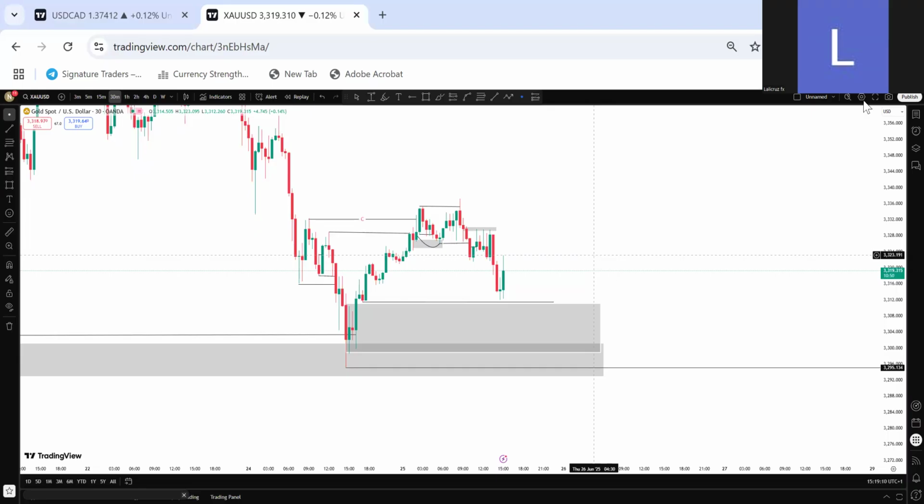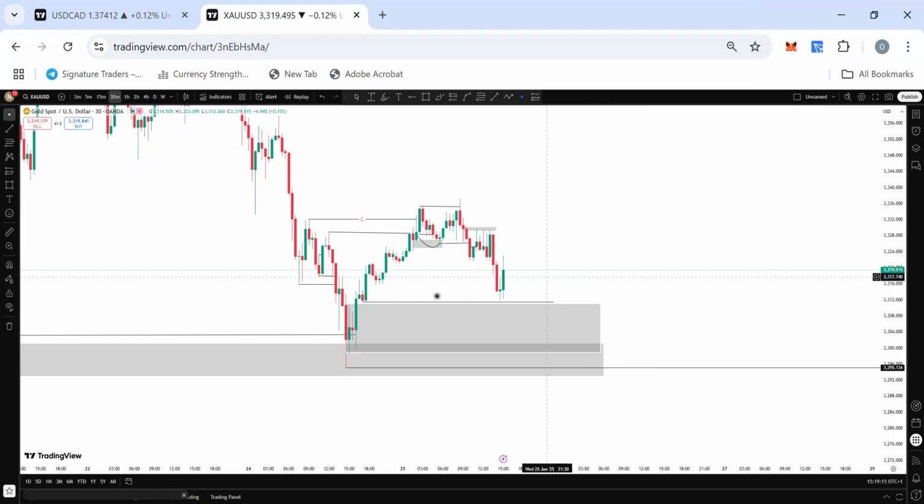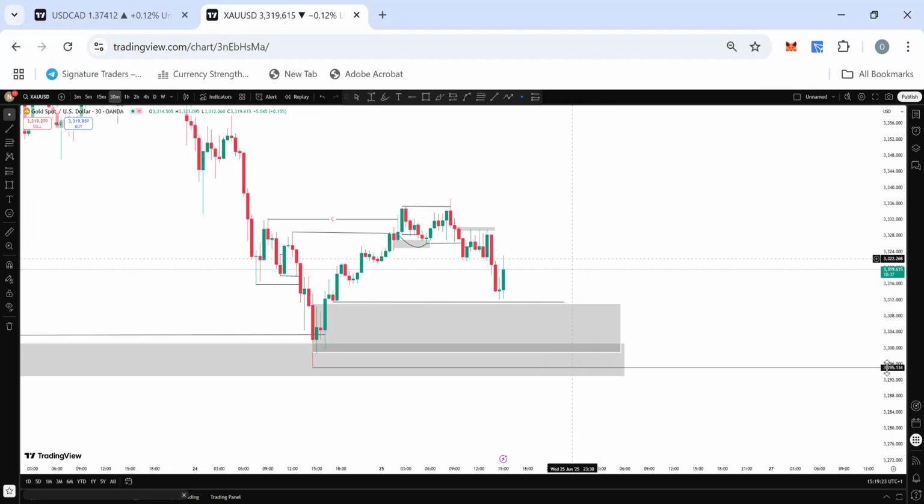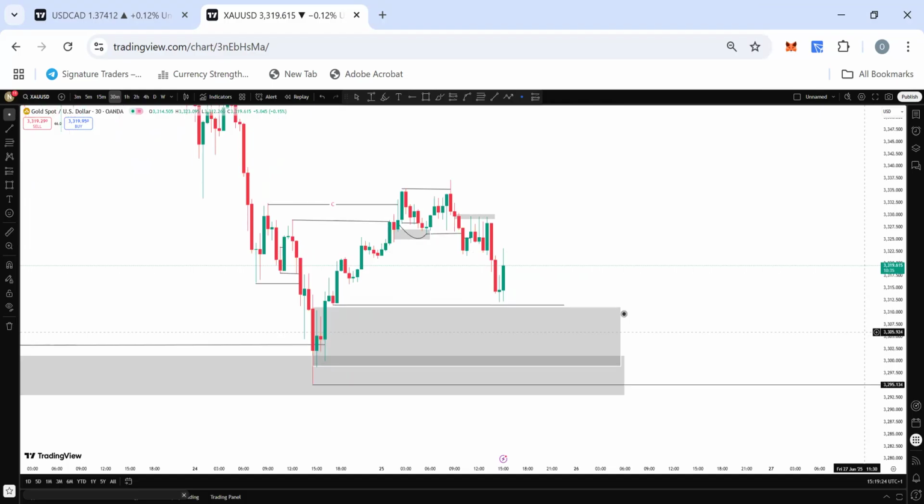Now, as you can see on the chart, we're actually waiting for price to come inside this area. We are waiting for price to take out the last structural liquidity, for price to mitigate here and keep buying. Now, if you look at this zone, you see that price actually mitigated on our structural liquidity